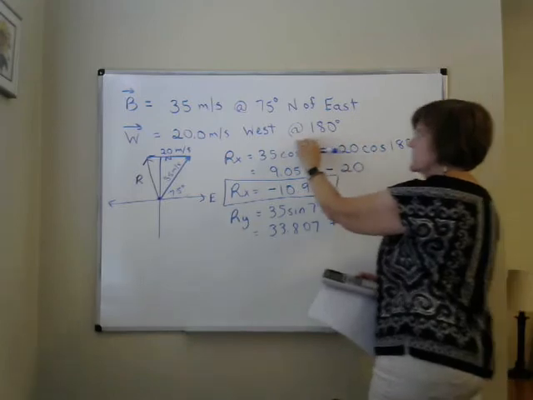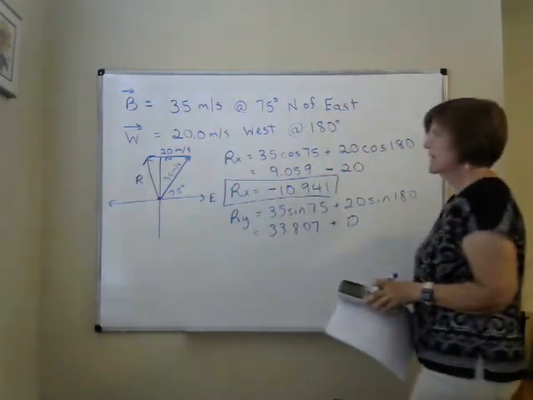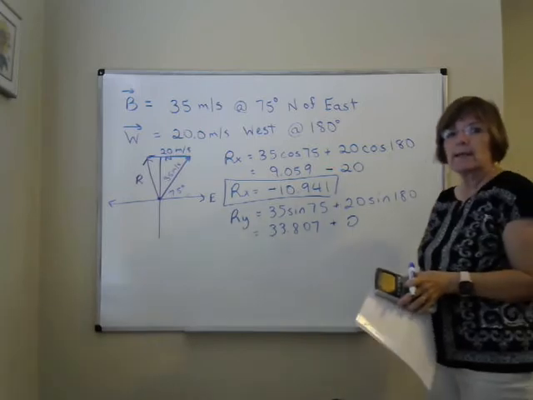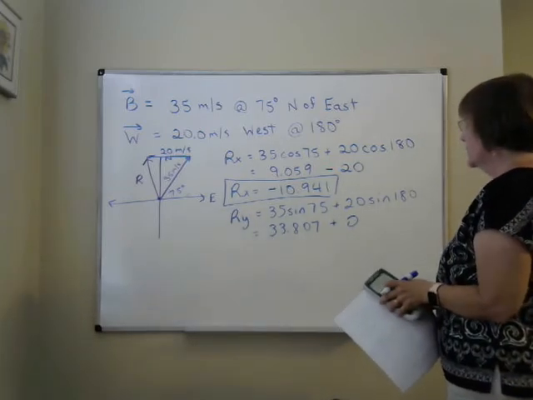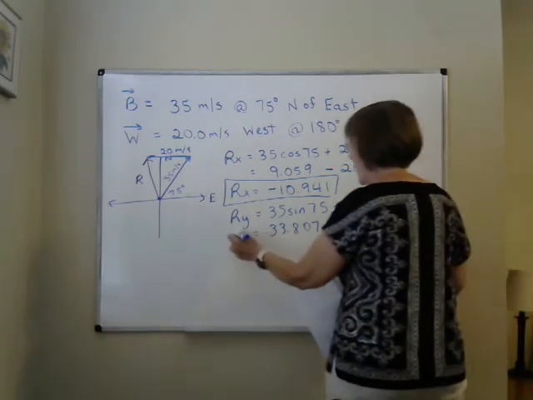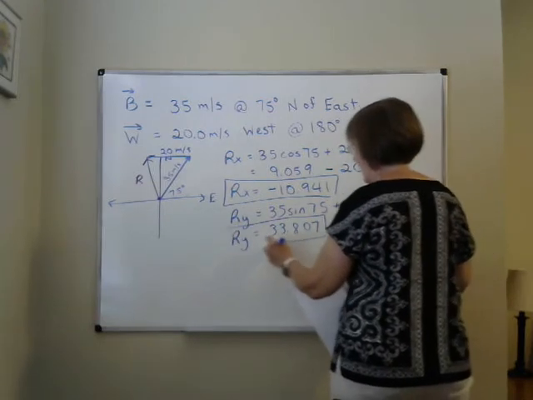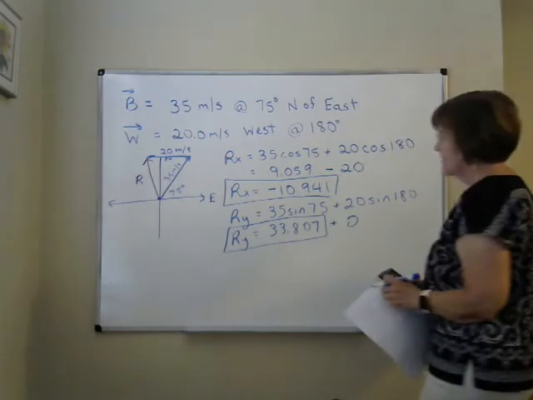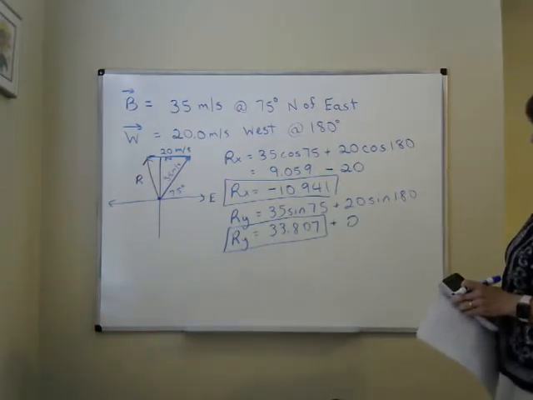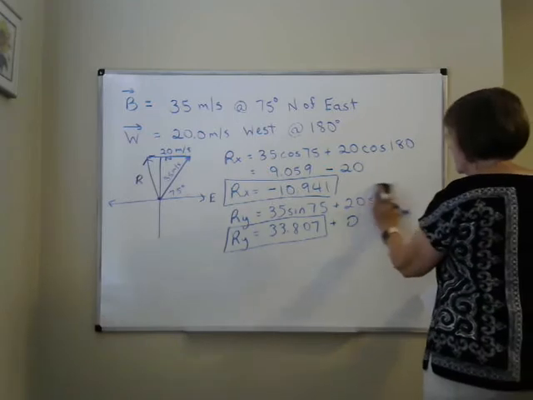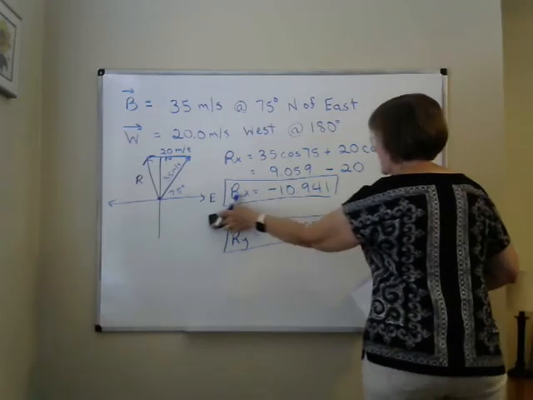The wind does not have a component in the y direction. It's pointing to the west. It's pointing in the negative x. It doesn't have any y component at all. So our y is this number. We're practically there. All I have to do is add those together, and I'm just going to erase some of this,